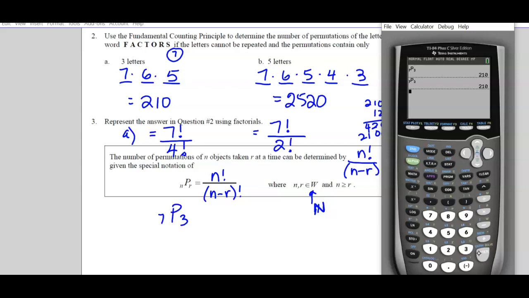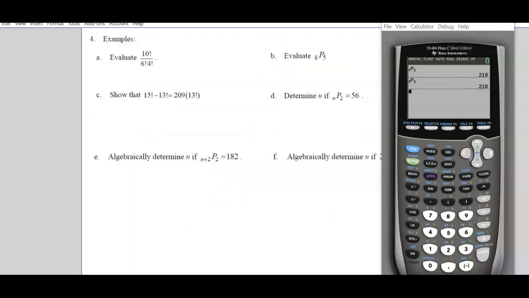So just remember that nPr is not n factorial over r factorial. Okay, it's the difference. Right? So that's going to end up making things a little bit faster for you in some of your questions. So in example 4 here,